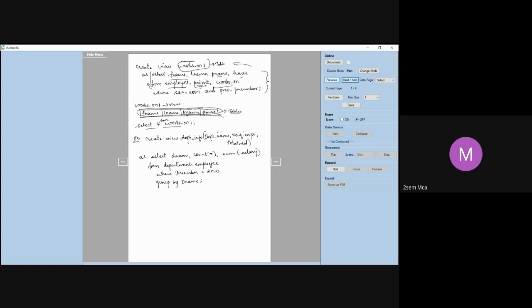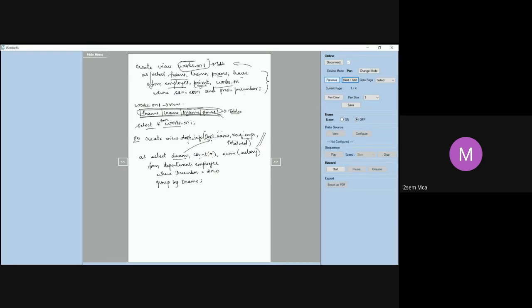These are all new names for the view. That is not sufficient if I simply mention them here. When I write my query inside, I should also have a correspondence between this name and that name. So I have done select D name. This D name is associated with the new name department name. Count of star: if I don't give the number of employees name, then I will simply get count of star in my schema.